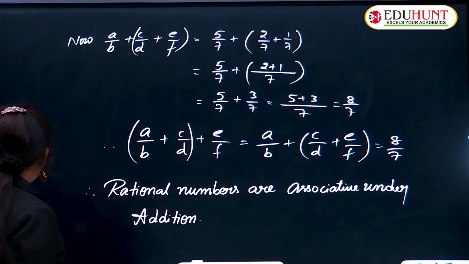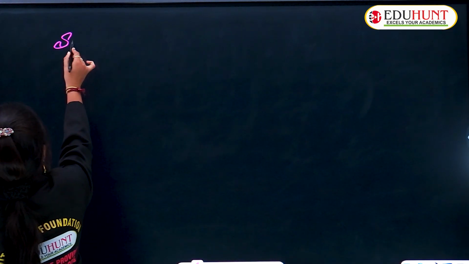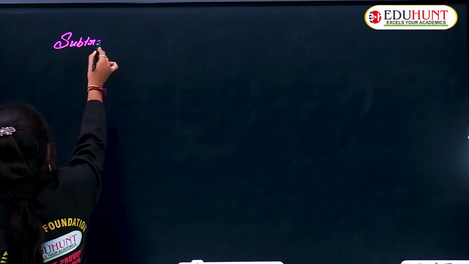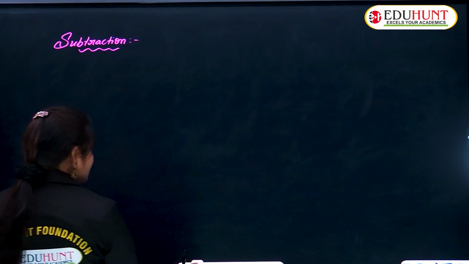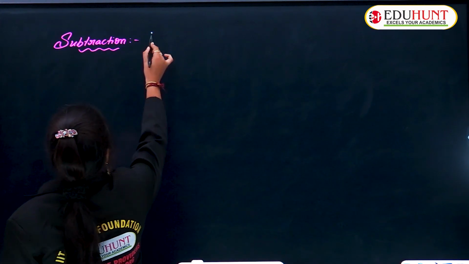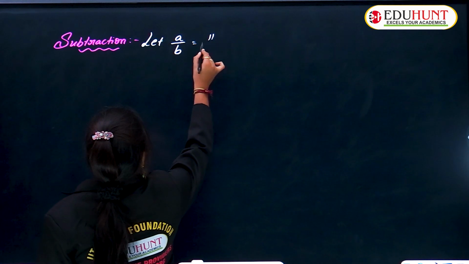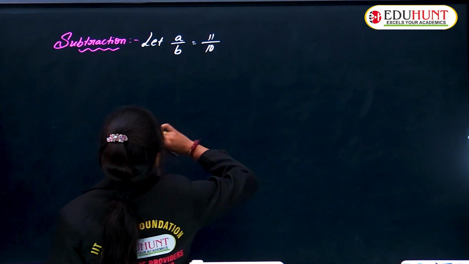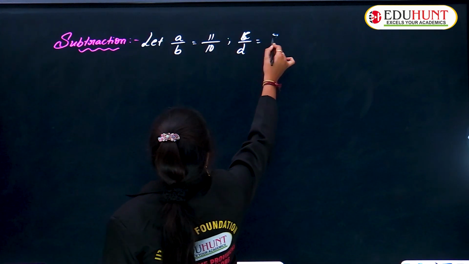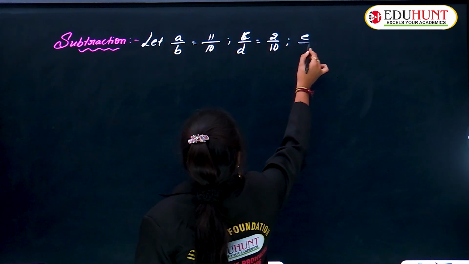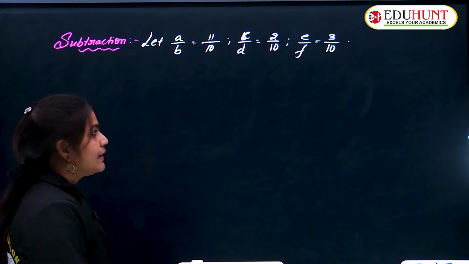Yes. Now comes the second fundamental operation. What is that? That is subtraction. Okay, now see here. Let A by B equal 11 by 10, C by D equal 2 by 10, and E by F equal 3 by 10. Then